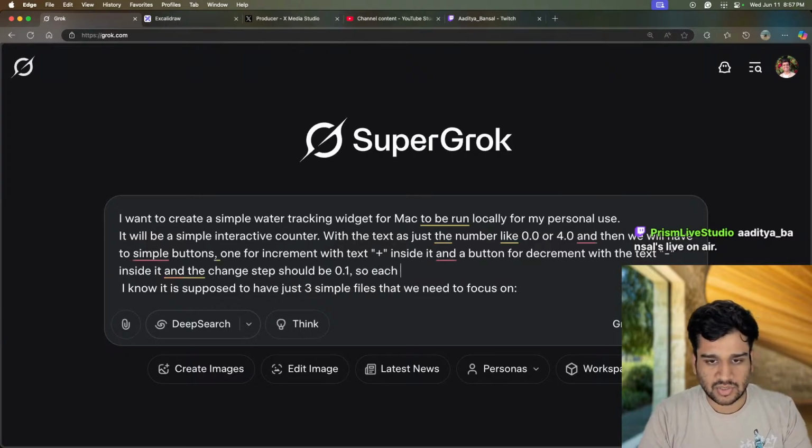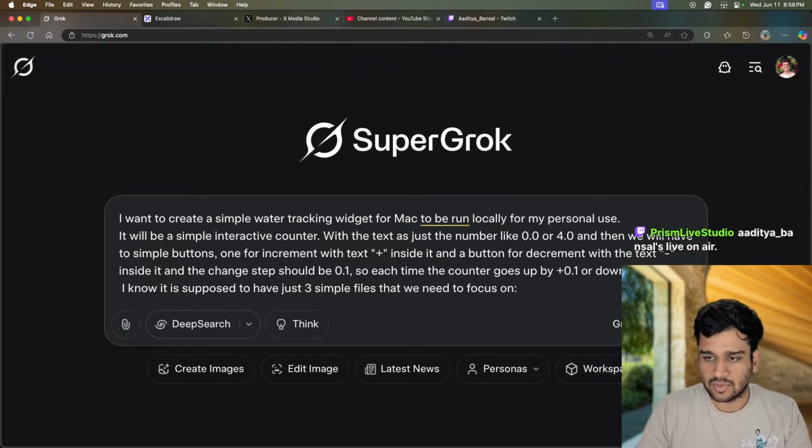So each time the counter goes up by plus 0.1 or down by minus 0.1,